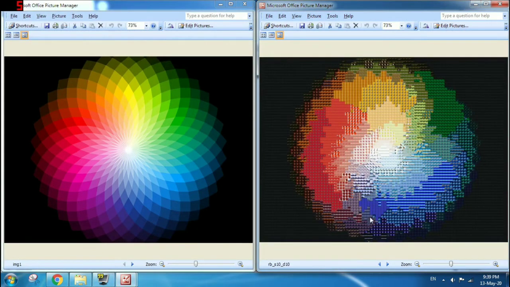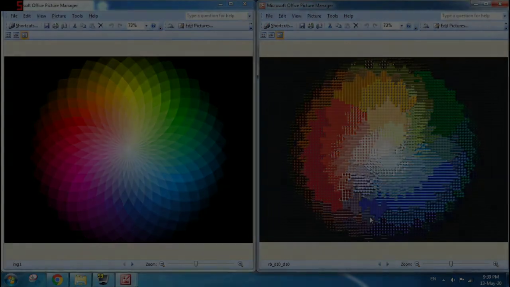And on the right side we have the photo mosaic of the left image, and you can clearly see the variations in color are only faithfully obtainable if we have the correct amount of source images, that is the number of images that we have in our folder. The thousands of images in our folder should also have a variety of colors in order to faithfully replicate the image on the left side.